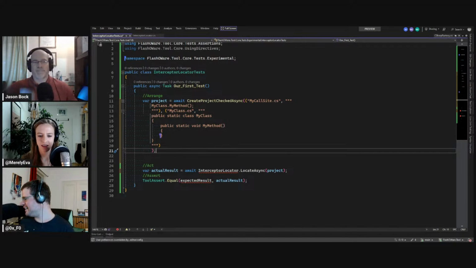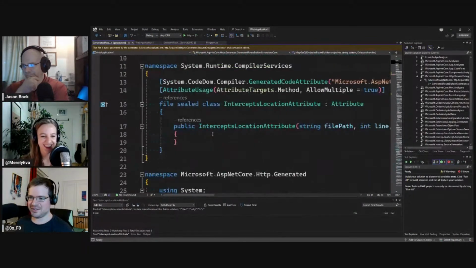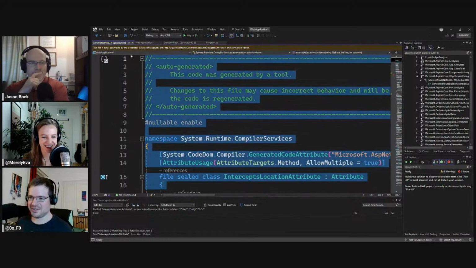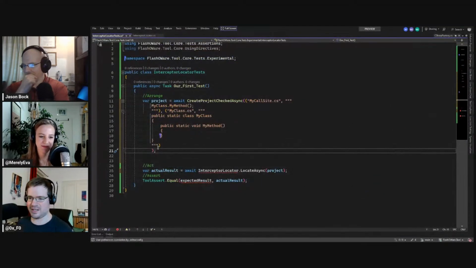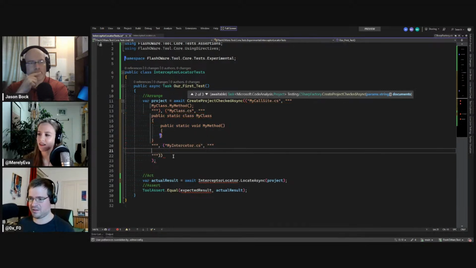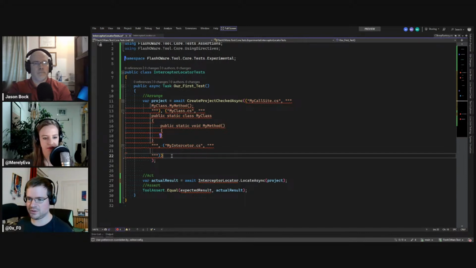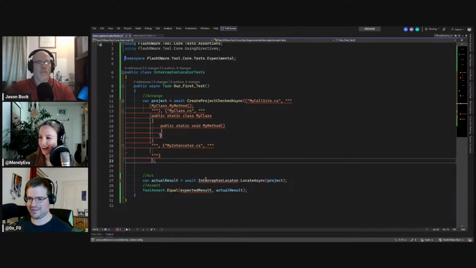Okay. And I guess now let's create the interceptor. I guess I'll go cheating again, and we'll get inspired. Cheat. Yes. I'll just copy all of this. And let's create one final document, which will be my interceptor.cs, which contains I'm again doing something terribly wrong.